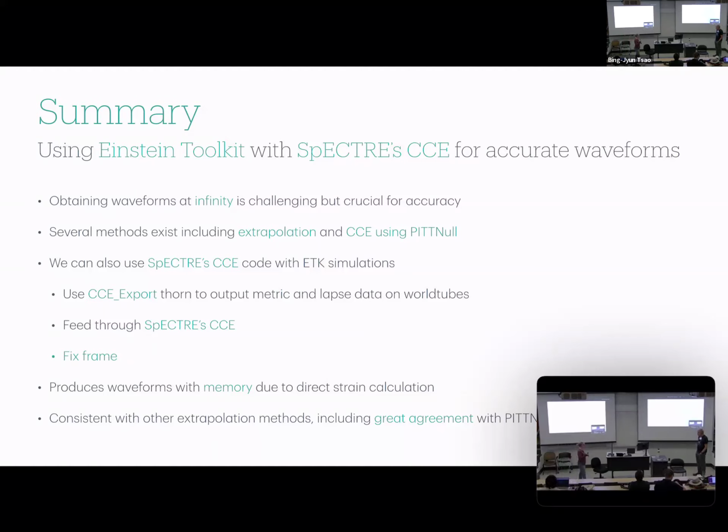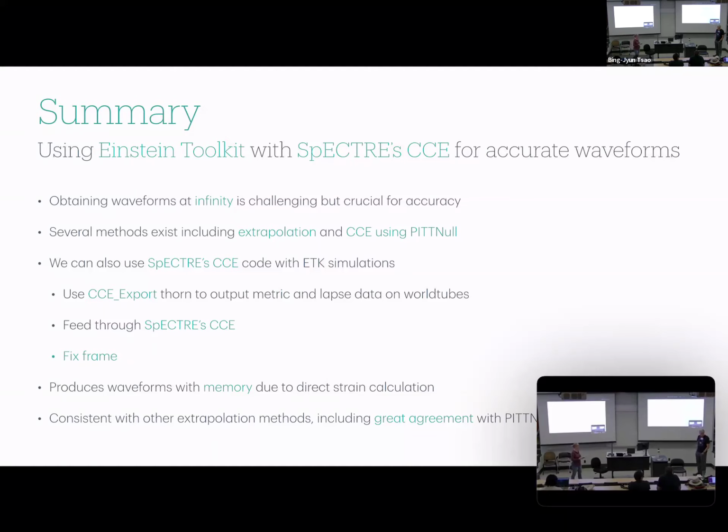Right. So I showed an example par file where it was set to output every 128 iterations. And Peter was asking if I've looked into how often we actually do need to output it in order to get accurate waveforms. I was saying I have not yet looked into that. That's on the to-do list for the systematic section. Ideally, the less you output, the better, because then it takes less time to feed it through CCE, and it is dumping less data. But I haven't actually done that analysis yet.